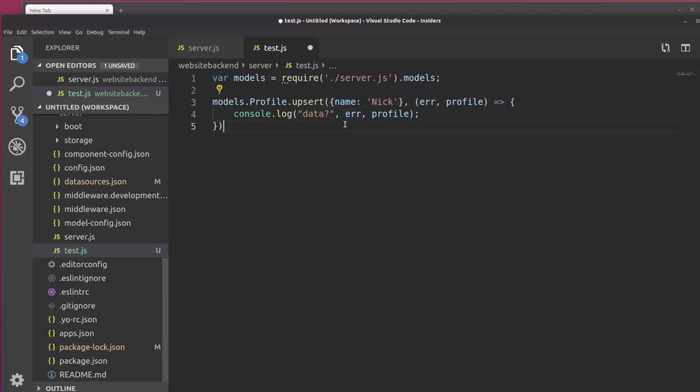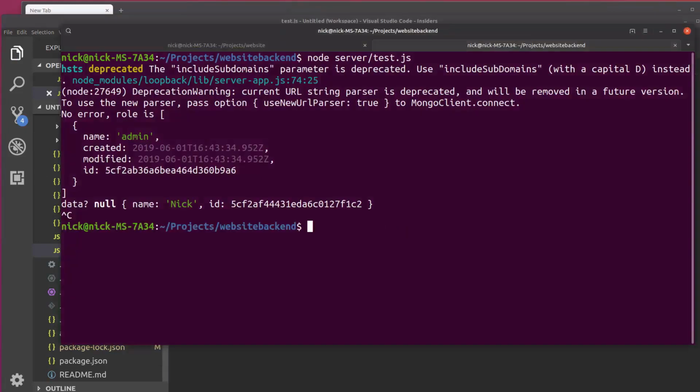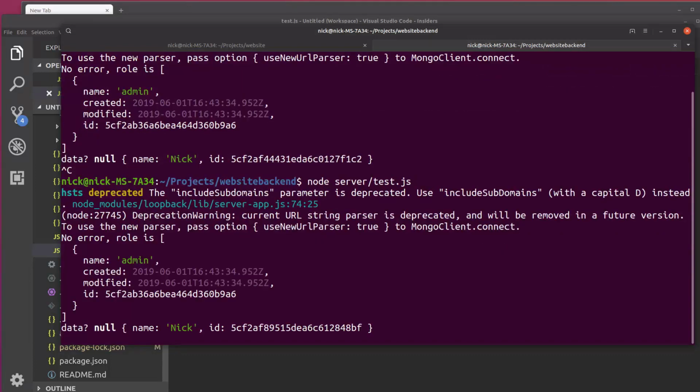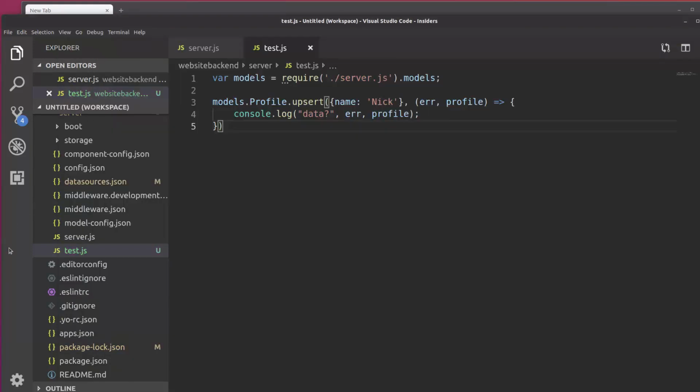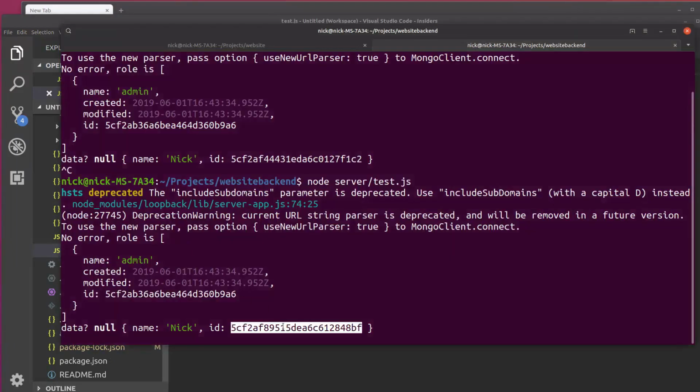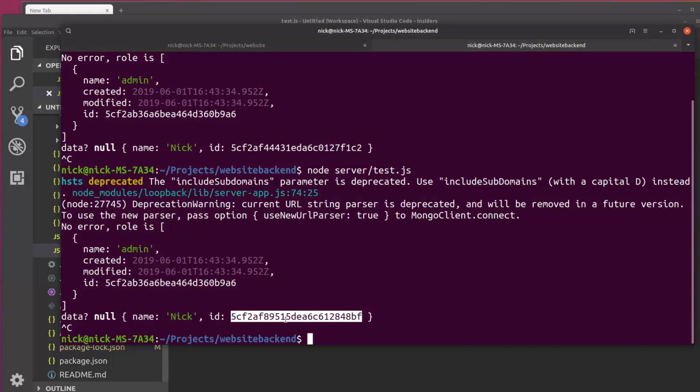So I'm going to leave the rest the same, and I'm going to hit save. And then in terminal, I'm going to Control-C, hit up on my keyboard, and run this again. And what we'll see is that we've got basically the same output from the previous instance. However, the ID is different. And if I refresh in Mongo, we'll see that another instance was created. Now, this is because we didn't pass in the ID. So if I wanted to grab this right here, the ID,